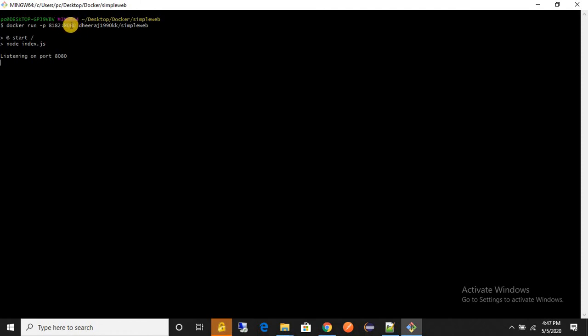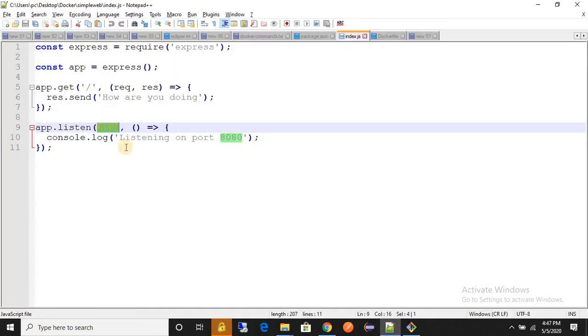If you want to change this container port number to 8081 or 8283, then you should remember one thing. If you want to change here, you should also change here, right?